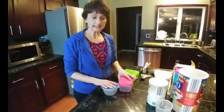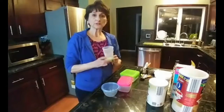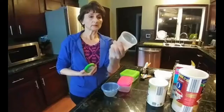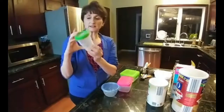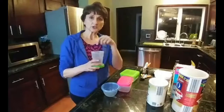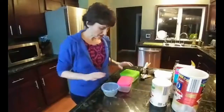So the first thing you're going to need is a container. Now, a lot of people use little mason jars. They can use the glass ones. This one happens to be a Ball canning jar, and it's the plastic kind with a little snap-on lid. This is originally what I used, but the problem that I noticed with these is that there wasn't really enough room to stir things around, and I was spilling stuff,